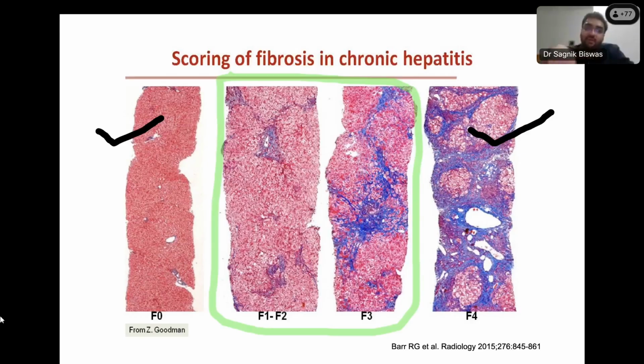It basically sends sound waves through the liver, and when the sound wave comes back, it detects the stiffness. So the stiffer the tissue, the more the sound wave that will be reflected back to your machine. That is the basic concept. So we assume that stiff tissue is equal to fibrous tissue, so all the sound that is coming back is because of liver fibrosis. However, there will be several conditions where the liver parenchyma may appear stiff without fibrosis.